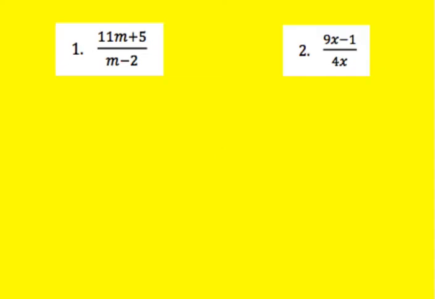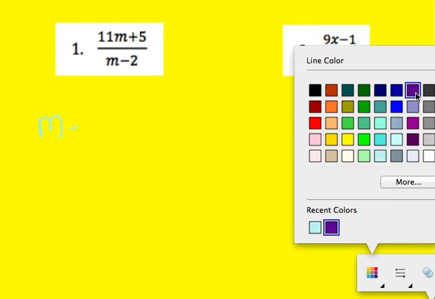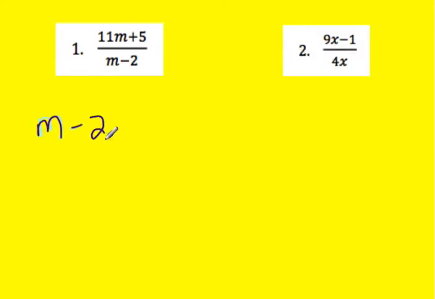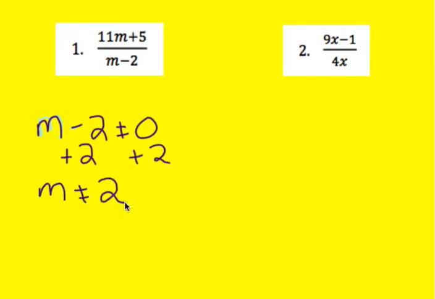So to find the excluded value, what you need to do is take whatever's in the denominator and say, okay, this cannot be equal to 0. So for example, m minus 2 cannot be equal to 0. So we're going to go through and solve this for m like we normally would. So I'm going to add 2 to both sides. So when I get that m cannot be 2. So that's all you have to do because numbers 1 through 6 are just asking you to find the excluded